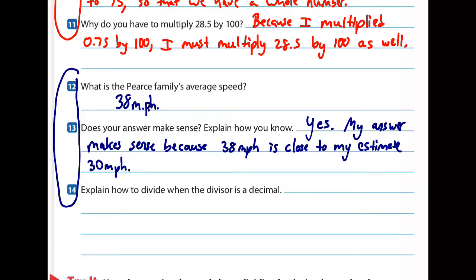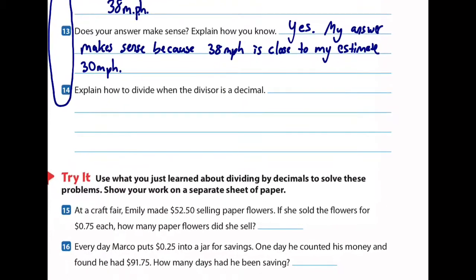Now 14 says, explain how to divide when the divisor is a decimal. Okay, so in 14, it's what we have to do. So I'm going to use my example problem, or the problem from above. So think of, we had 28.5 divided by 0.75. Okay, so the first thing we're going to do